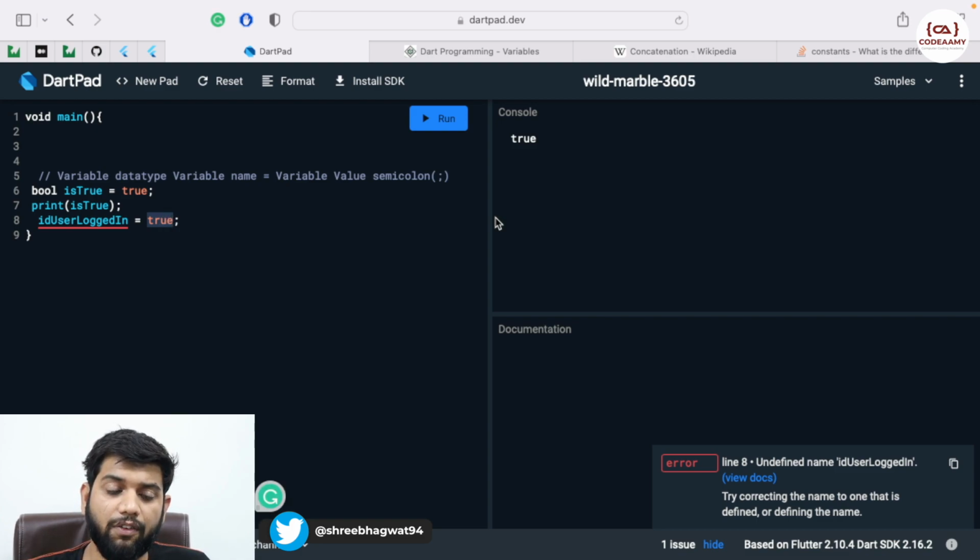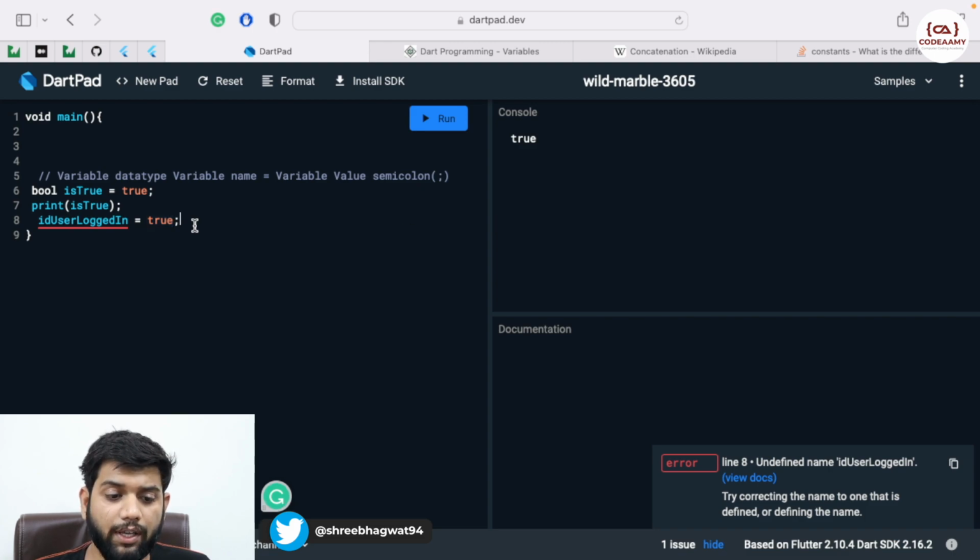So we have covered variables, how to define a variable, what are data types of variables, and covered basic data types called string, integer, double. Then we have also covered boolean. In that we have covered the var keyword, we have covered the final keyword, we have covered the constant keyword.